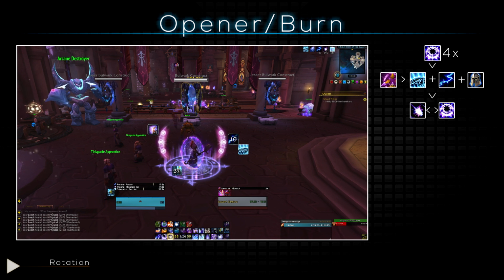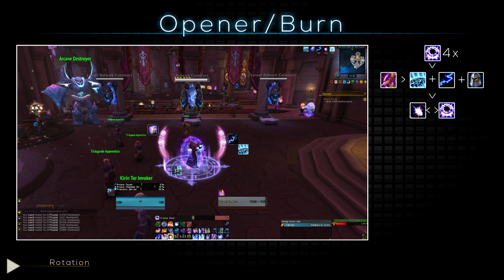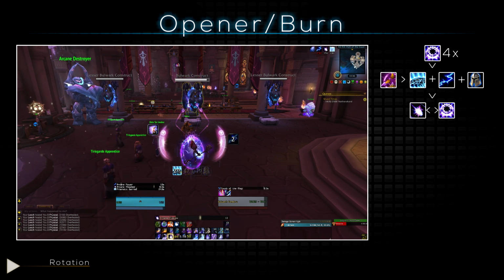Once Presence of Mind is out of the picture, your thinking shifts once again, because now you want to use Arcane Missiles after an Arcane Blast whenever you are at 2 stacks. So if you have 2 stacks now, you want to cast an Arcane Blast and Arcane Missiles. If you get another proc, repeat the same. If you only have 1 proc of Arcane Missiles, you can just leave it because you have Arcane Power active,